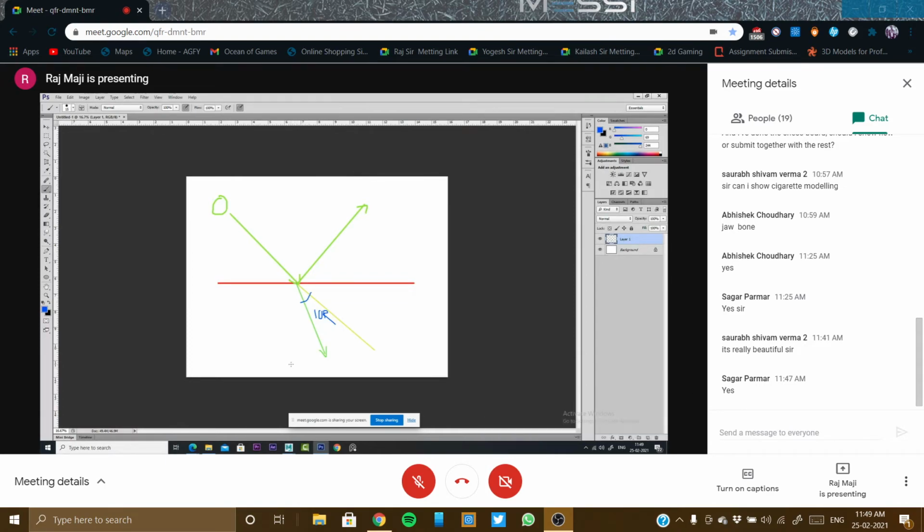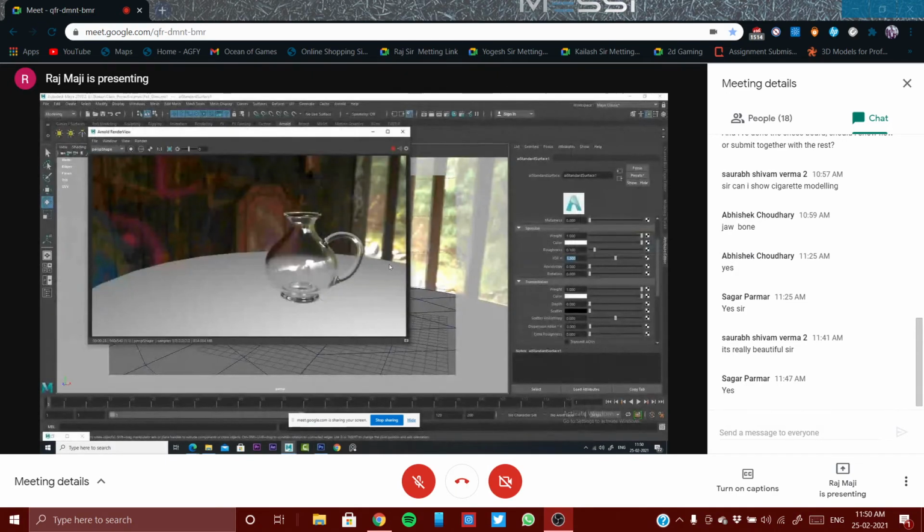But a very thin glass, the angle will be so less, so IOR will be so less. So 1.2, 1.3 like that. So this is 1, this is 1. So light is directly penetrating, so nothing was visible in our scene. When I made it 1.1, there was a little refraction, so it created a little angle, and the refraction was seen. So this was basically the refraction, IOR. I guess you got my point, right?